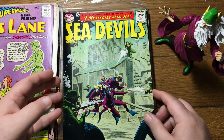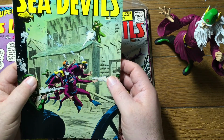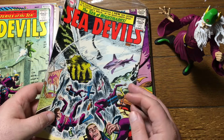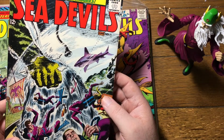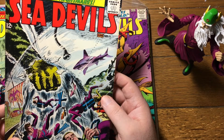Sea Devils. And this is a kind of a gray wash cover. Sea Devils number 10. Here's Sea Devils number 11. I think the Sea Devils would really make a good title these days. I don't know why there isn't somebody that's made that pitch to DC. Kind of